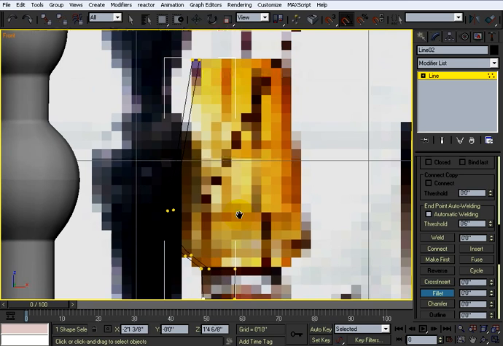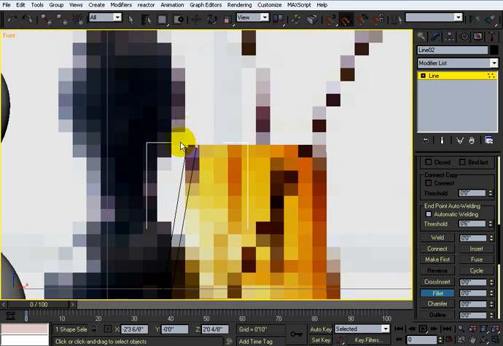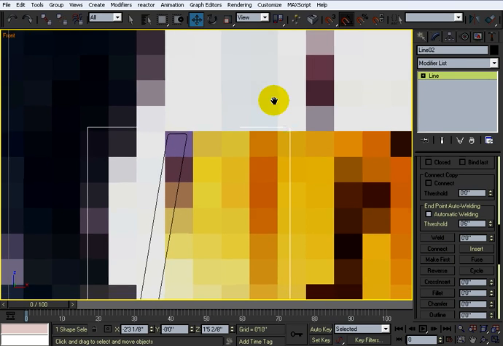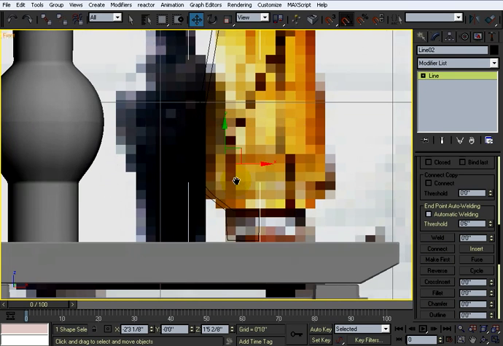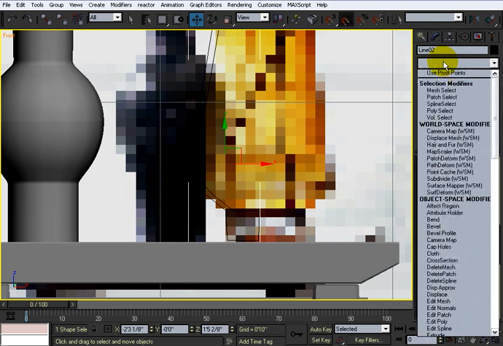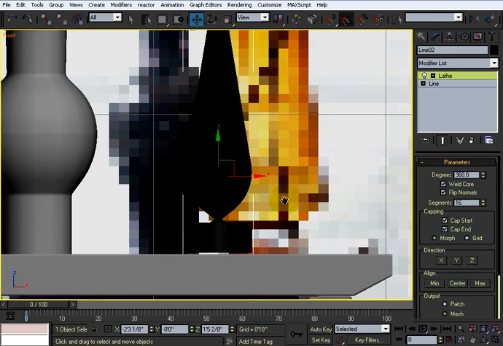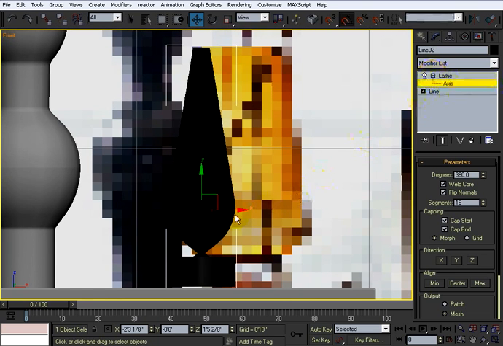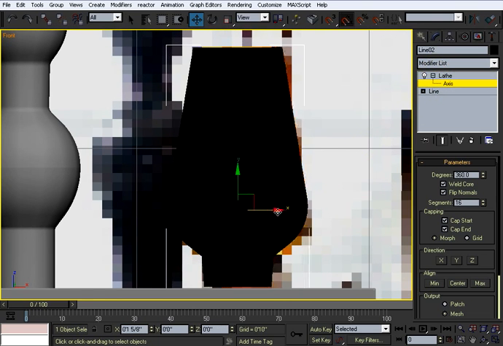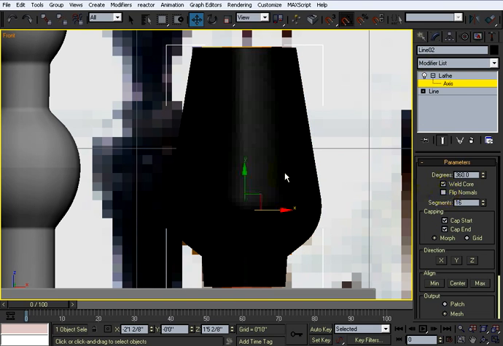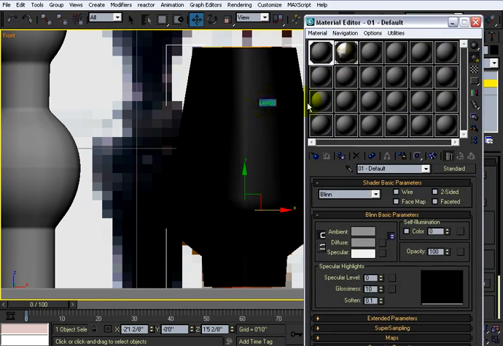Leave that hard. Come up here, and this is pretty hard too. But what I'm going to do is fillet the outs. I'm going to fillet both. Why not? Just a small bit. Keep it from looking really, really sharp. Okay, I'm going to go up to the lathe, hit enter. Basically the same thing as before, just grab your axis, drag it over like that, flip the normals, there we go. Add this default,